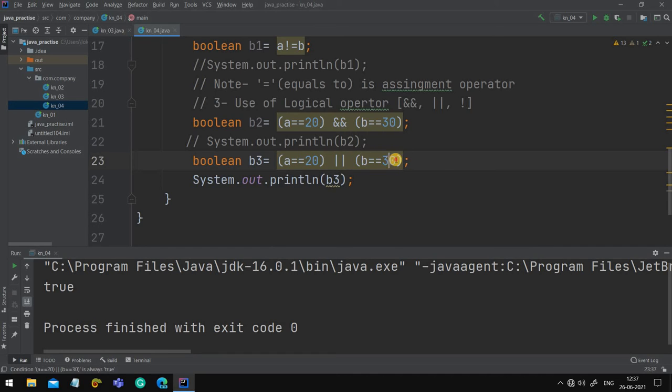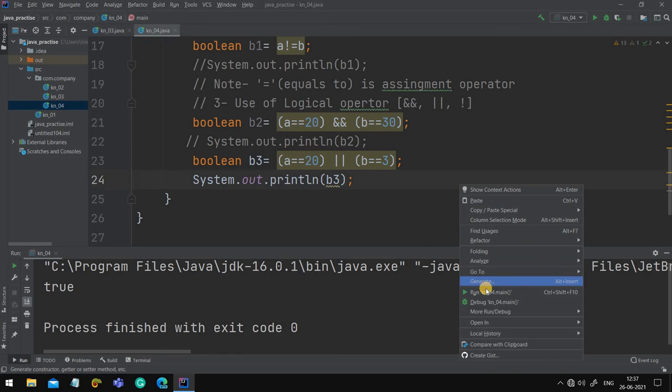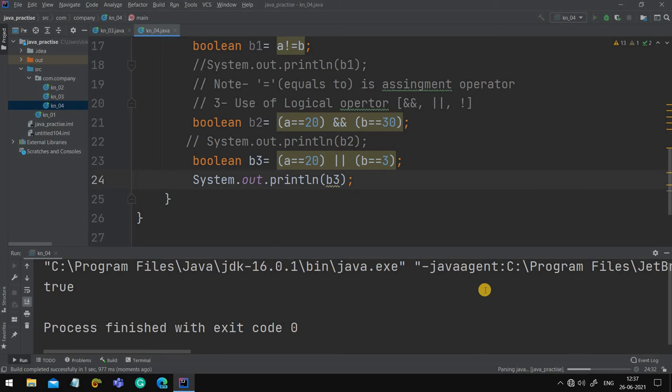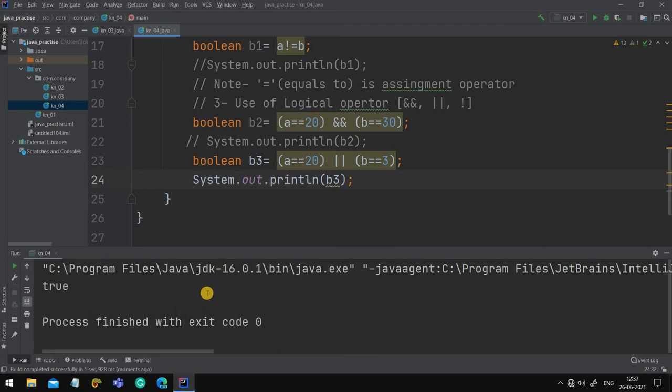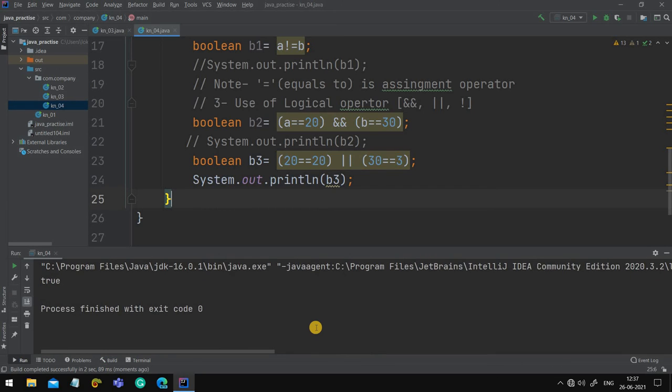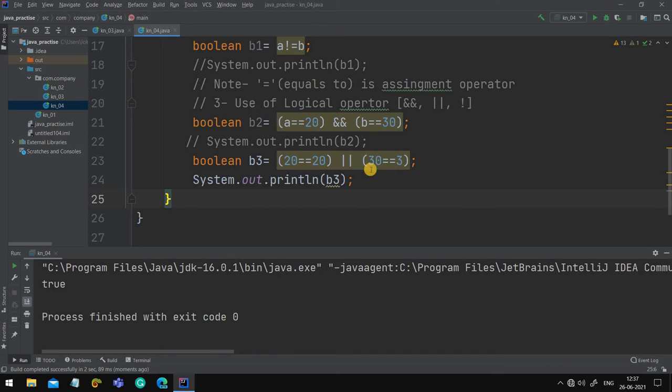Now let's change one condition. Okay, now let's see what's the output. Again the output is true. Why? Because one condition among them is true. If I make it 20 is equals to 30, no. This 20 is equals to 20, yes. 30 is equals to 3, no, it is not. Never they will be equal.